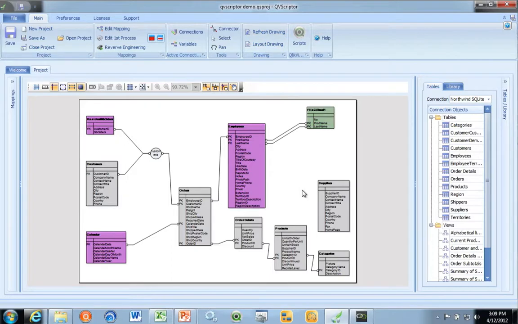For example, if you have two tables that don't have a link between them, it could be, for example, that the name is spelled differently or incorrectly between the two tables. The connector button is what helps us join those two tables together. So we can click on the connector button, and in this case in the products table we have the supplier ID. I can click and drag it to the supplier ID in the suppliers table, let go, and it will connect. If, for example, the names are completely different, we'll take these two fields as an example.